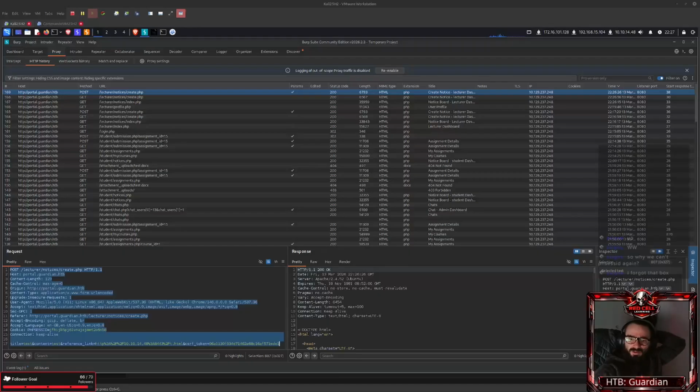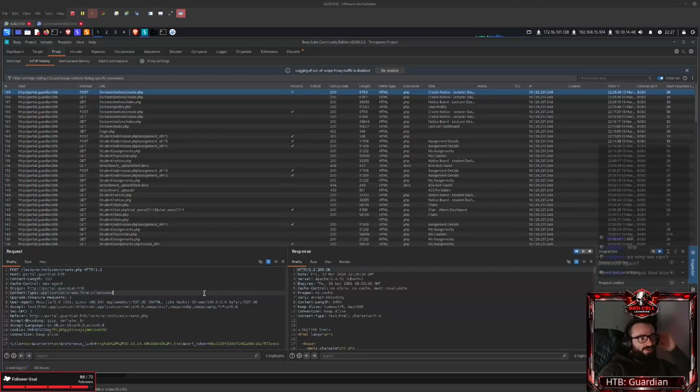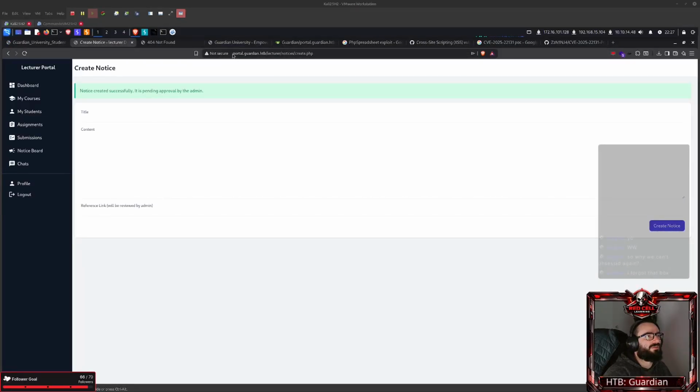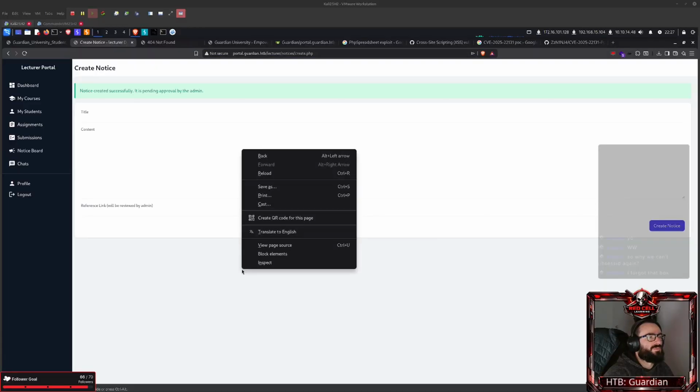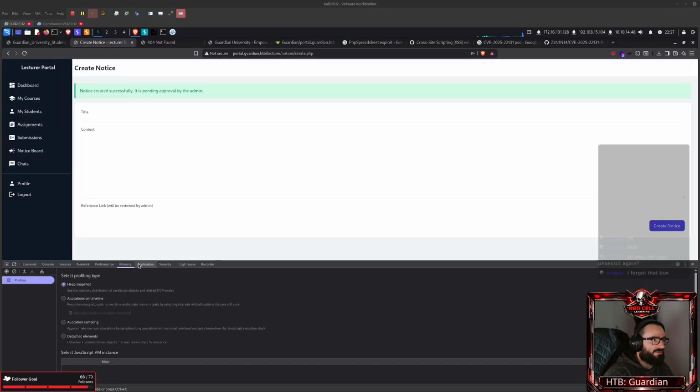So we cannot do PHP SID because this is opened in a browser, and the domain is different. So the PHP session ID won't be transferred to that domain. Because we don't control anything on this particular domain, guardian.htb, the PHP session ID and the cookie itself is not available to us. So if you look at the cookie,